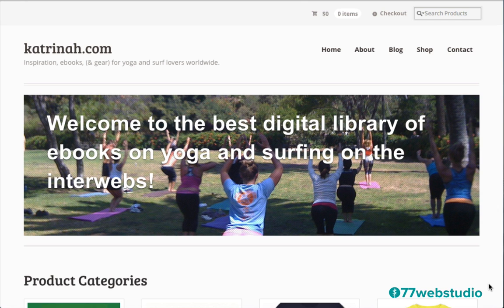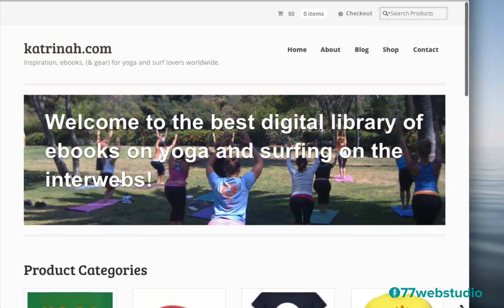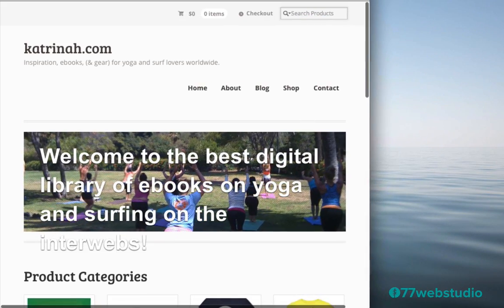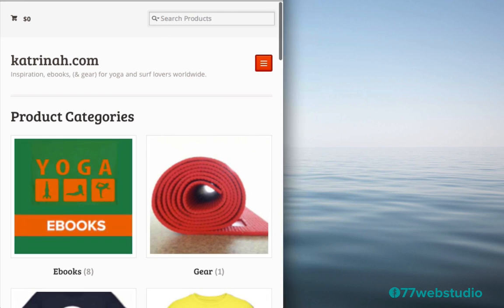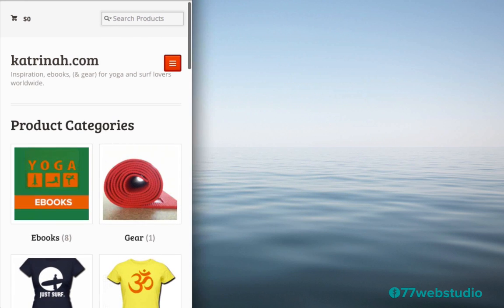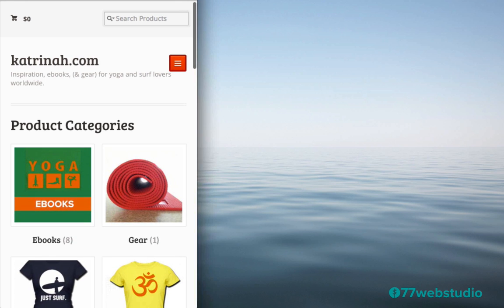So let's take a look at what that'll look like. Here on the bottom, I'm just going to grab this and reduce the size of the window. And you see here, as I reduce the size of the window, the entire website is changing to fit the size of the window. So here we see that the slider with the title is now no longer featured in this. This is like a smartphone version of the website.